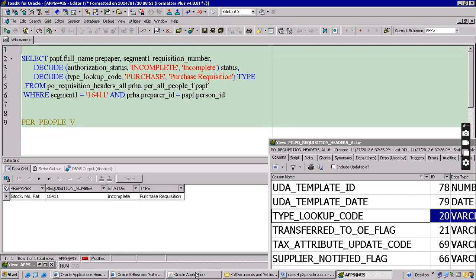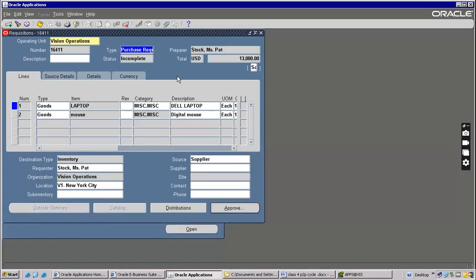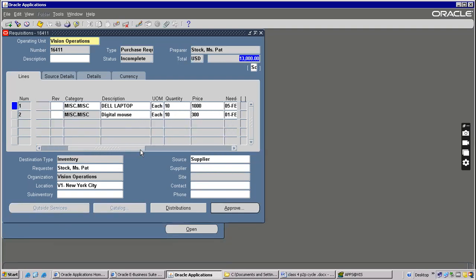Now go to the application again. How many fields have we derived as of now, guys? Preparer, status, type, number. 5 fields I derived. The total we'll see later. Quantity into price, we can simply, guys, please go on mute.